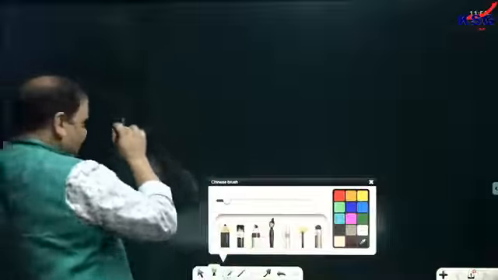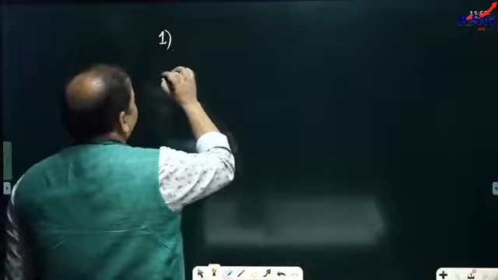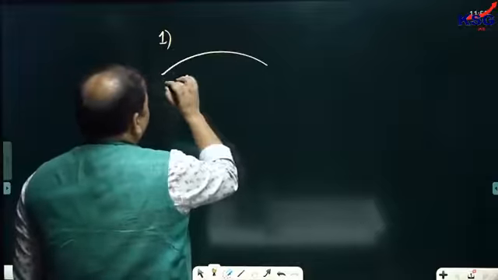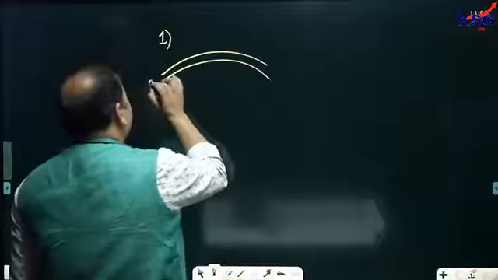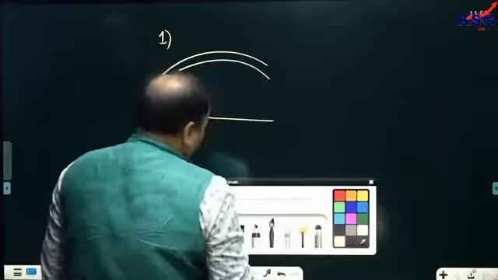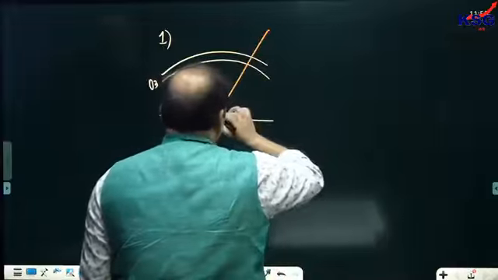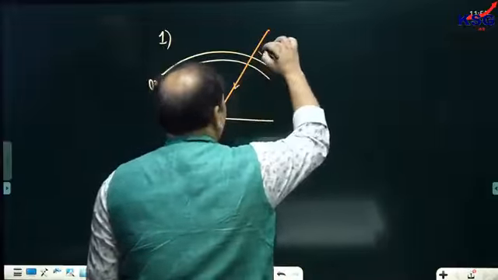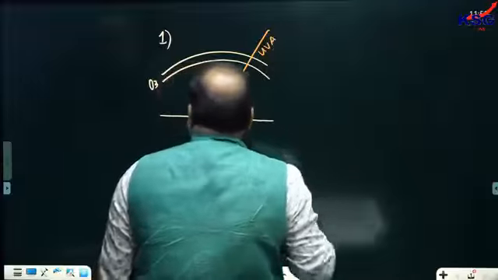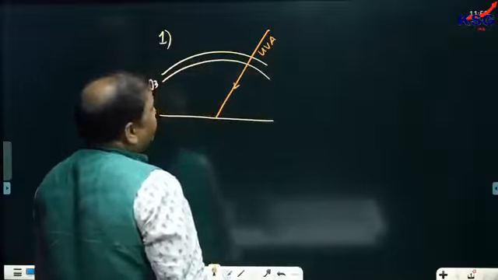So suppose, let's consider here, the ozone layer is present in the stratosphere. This is the O3 and this is the surface of the earth. When we talk about UVA radiation, it is not at all obstructed by the ozone layer. It is reaching the surface of the earth naturally.